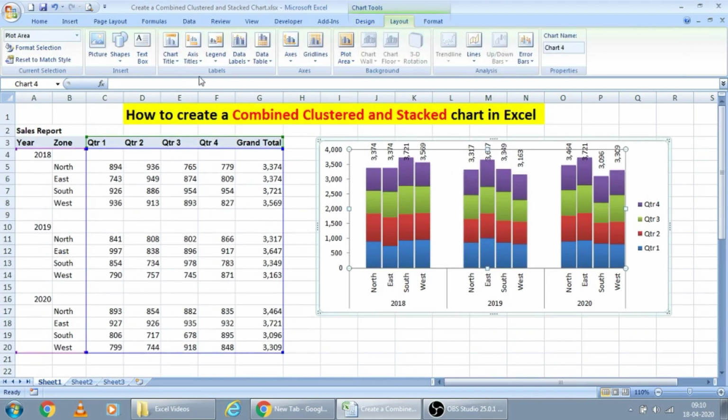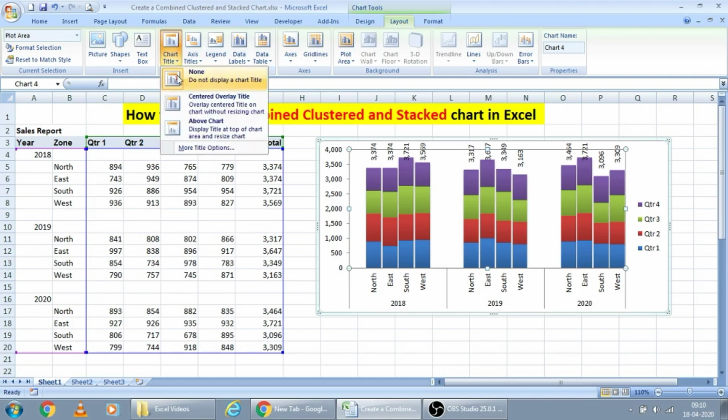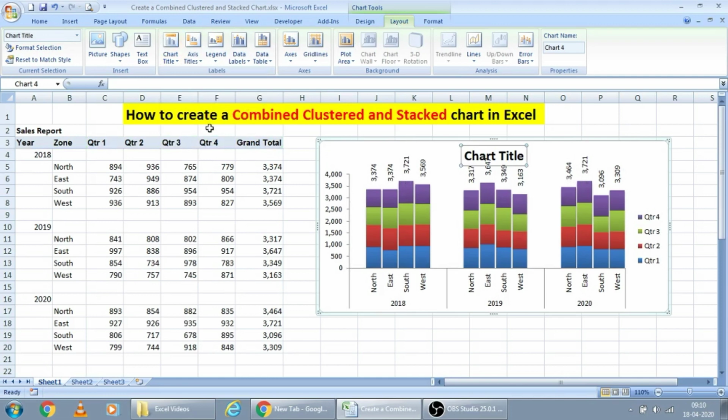Go to layout, chart title. Above the chart I am using the option. I am linking this title to this name here. Just type equal to, and link to this cell. Okay.